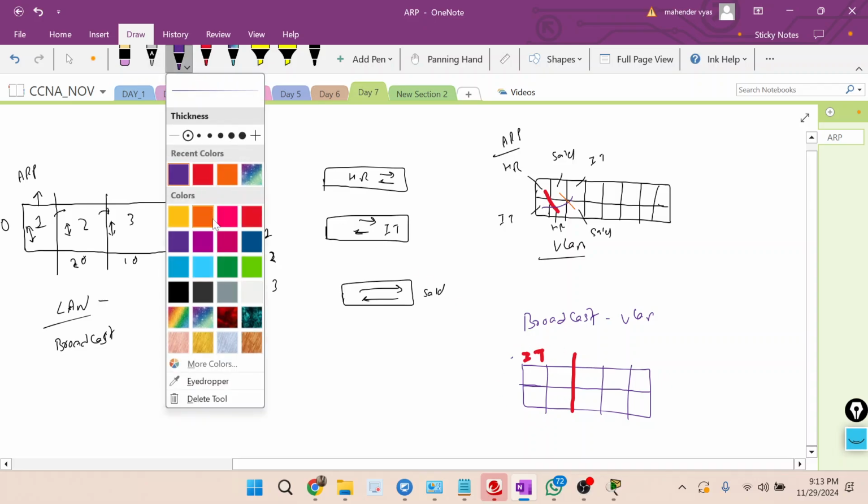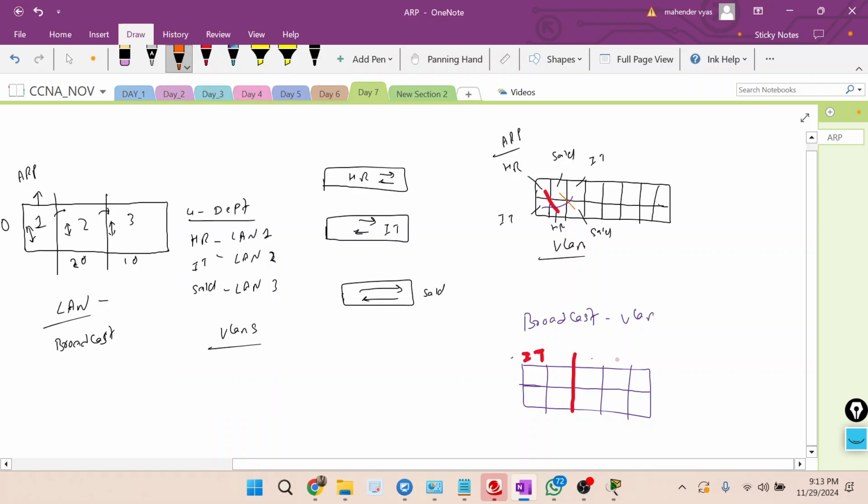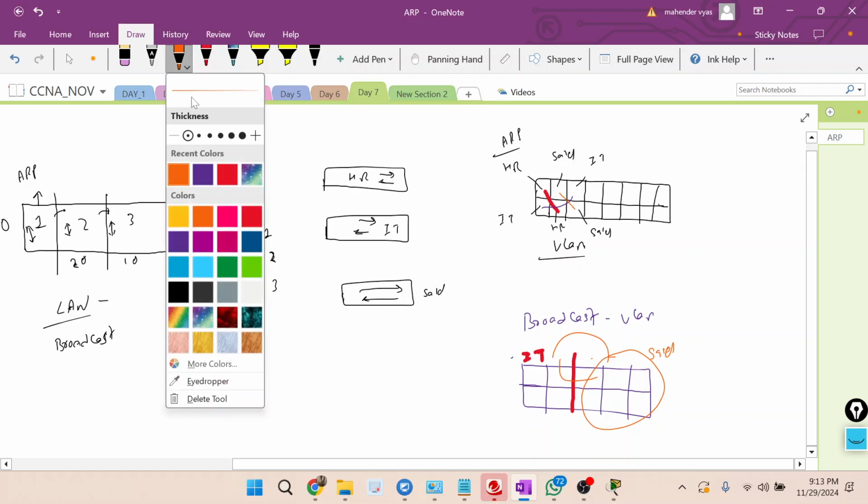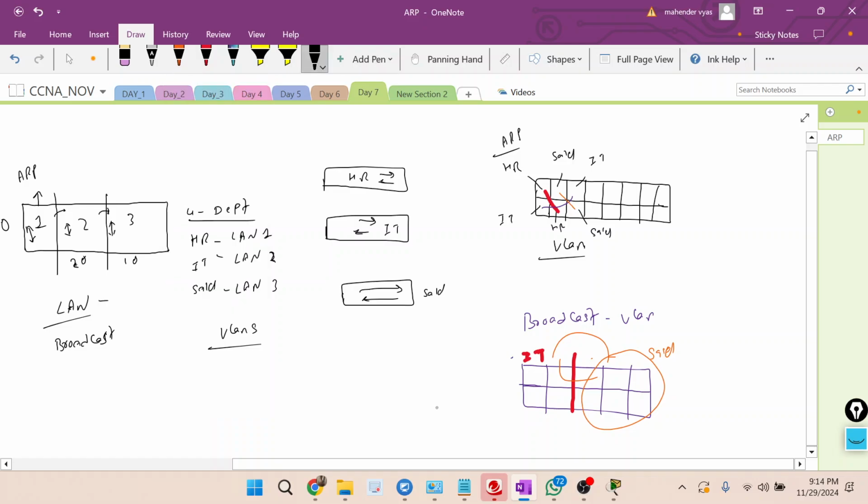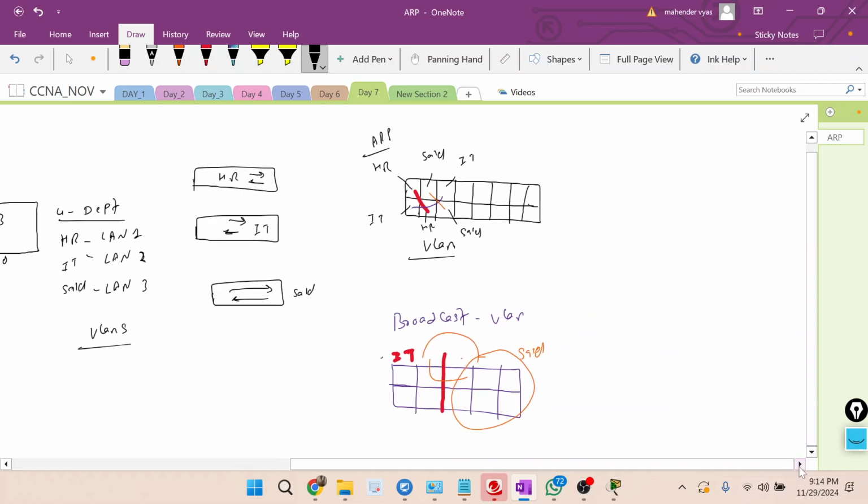Then another area would be sales. Don't send a sales broadcast to IT, and don't send an IT broadcast to sales. It will be limited to this particular area only. That's how we are limiting broadcast traffic which is not required between these domains. Okay, is it clear?